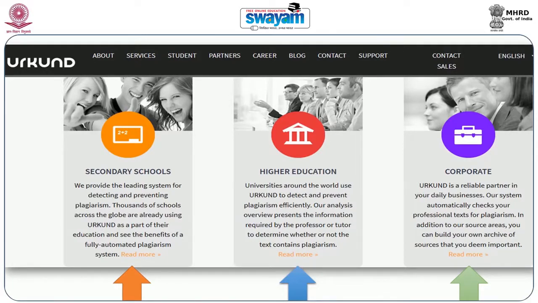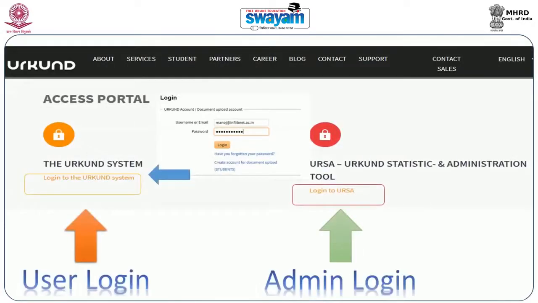So through that analysis, your faculty can have the report sent to their account. Having this kind of mechanism is also useful. We will be checking Urkund online with practical also. So this is Urkund, another software available with us. This is the home page of Urkund, and how you are going to log in.